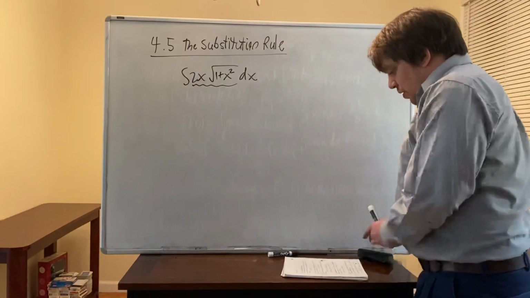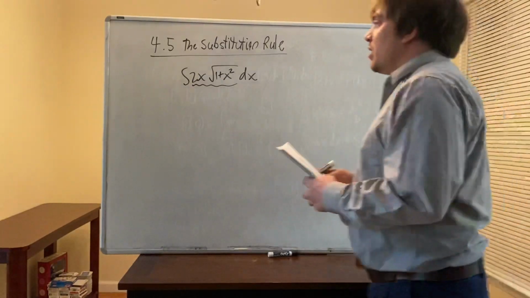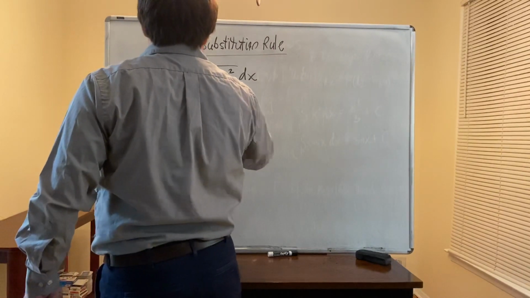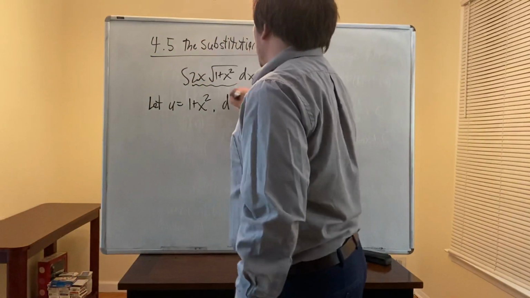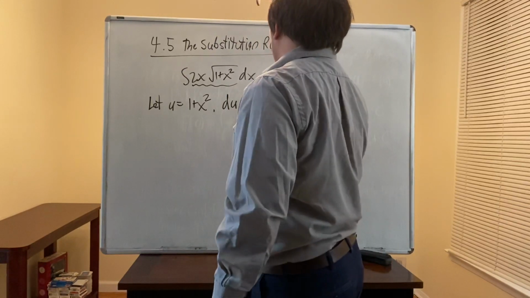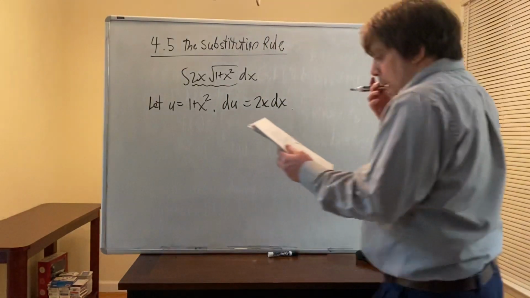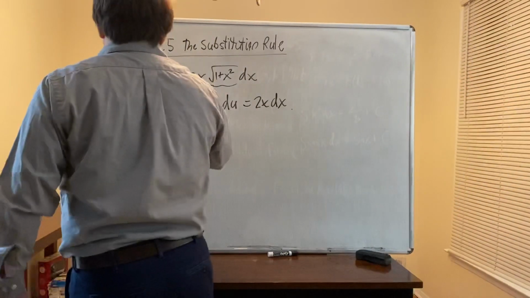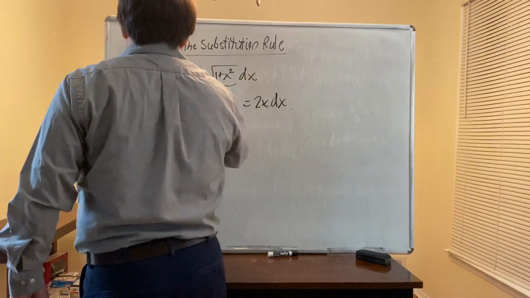Okay, so we're going to use the substitution rule. Let u equal 1 plus x squared. Du, the differential of u, is equal to 2x dx. Okay, so without explaining why, which is extremely complicated,